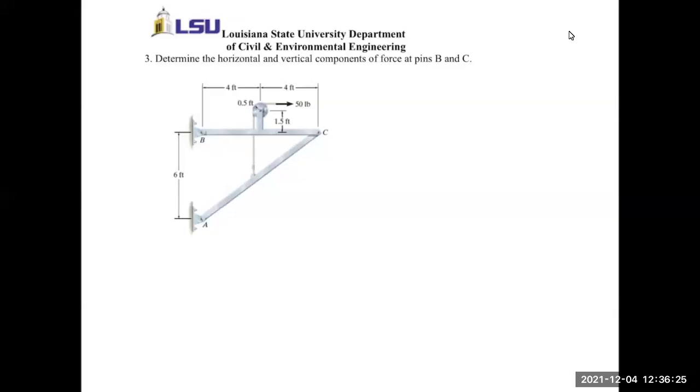All right, guys. So this is problem number three. It's a frames and machine problem. The problem says determine the horizontal and vertical component of force at pin B and C. Okay. So we know that